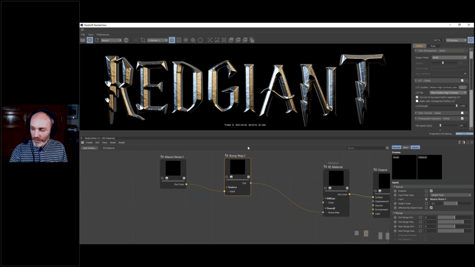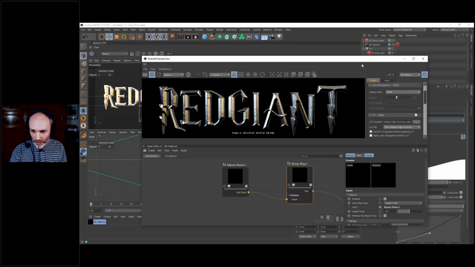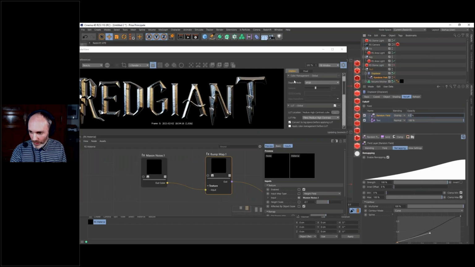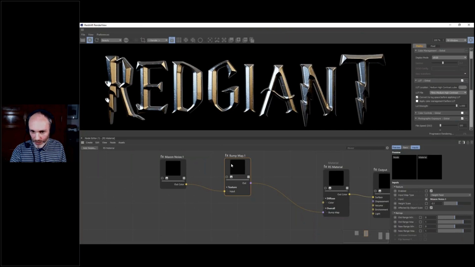For this, I'm going back to deactivate our random field so that we can better see the result. I will even disable here our bump, so we have some very soft surface like that. It will be easier to see.